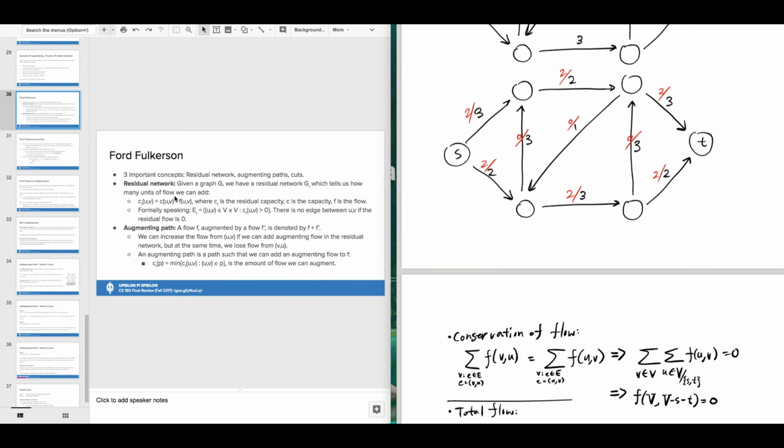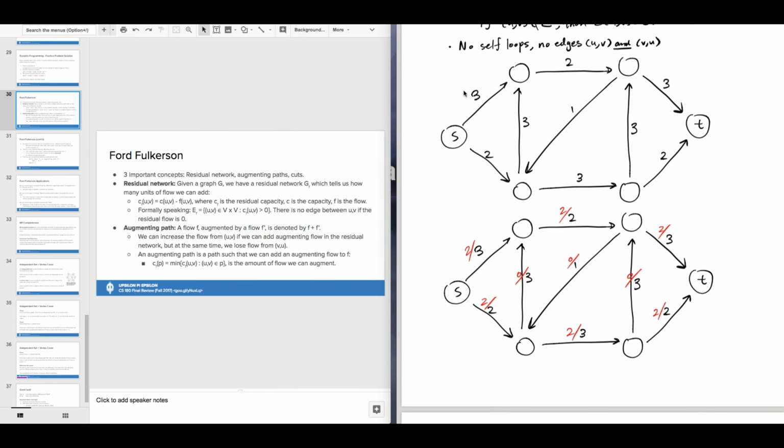And one thing that we should note is that here on the slides, we have that CF, which is the capacity of the residual network between any node U and V, is equal to the total capacity of U and V in the original graph, as you can see here, 3, for example, minus the flow of U and V. So as you can see here, we have 2 is the flow. So what would be the residual capacity here? The residual capacity would be 1. And formally speaking,